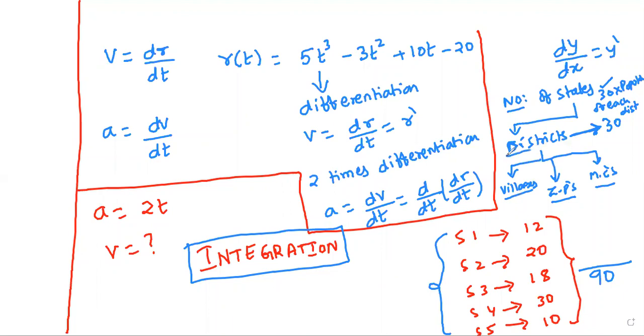Here I have taken the average value that each district has 1 lakh. There is no necessity that every district will have the same population. In some districts it will be more, in some it will be less. So to find the population of a country is a very huge calculation. In that case, we use the tool called integration.